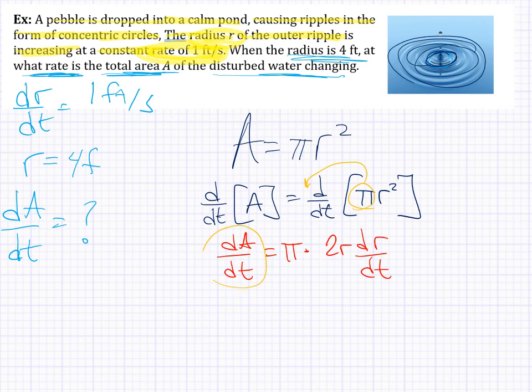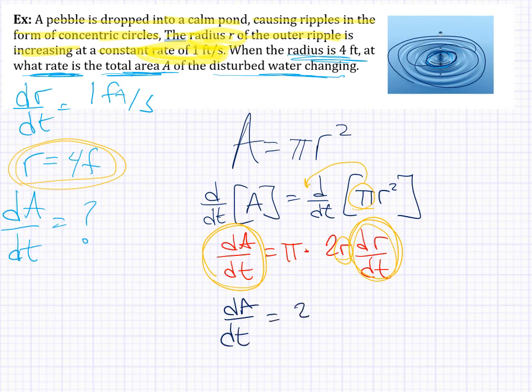So in the question, we're looking for this. They gave us the radius, the specific point in time when we're trying to find the change in the area. They gave us the change in the radius. So fill all that in, and we get dA dt equals 2 pi, r is 4, and the change in r is 1. So what do we get here? We get 8 pi. In terms of units of measurements, area, we're talking about feet and seconds, so feet squared